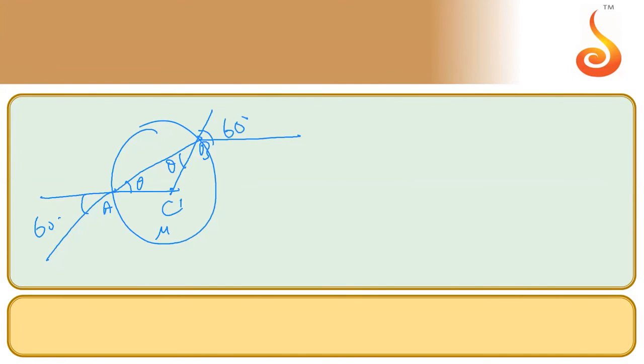Why am I writing this third angle to be equal to 60? Is it clear to all of you? I have not yet used much of the question at all. If this angle is 60 and these two lines are parallel as stated in the question, do you agree with me? This angle will also be 60. And if I use the internal angle property, 2 theta is 60, theta is 30. 2 theta is equal to the sum of interior opposite angles, which is equal to the exterior angle 60. Theta is equal to 30.